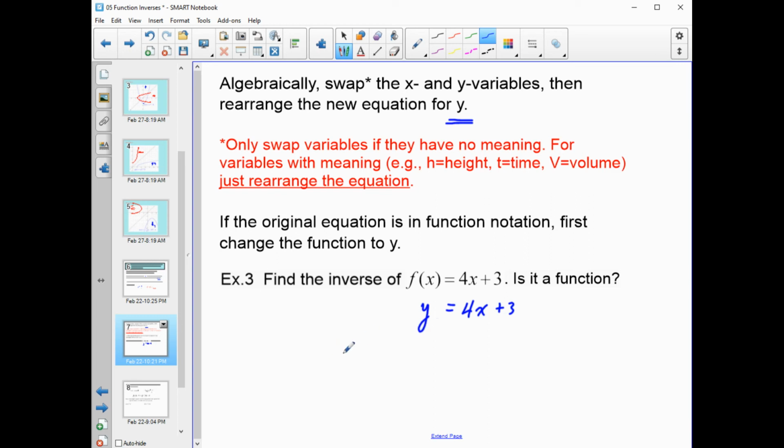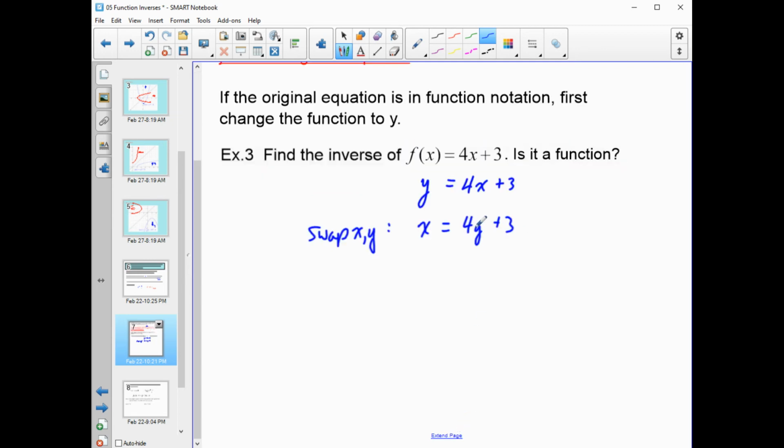So what I'm going to do now is swap my x and y because this is generic. y is the dependent variable and x is the independent variable. So I'm going to rewrite that as x equals 4y plus 3. Now I'm going to isolate the y. So I'm going to bring the 3 over to the left side, and I end up with 4y equals x minus 3. And I divide both sides by 4, and I end up with x minus 3 over 4,